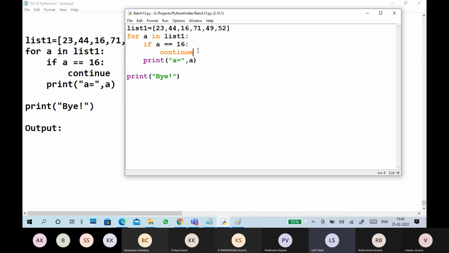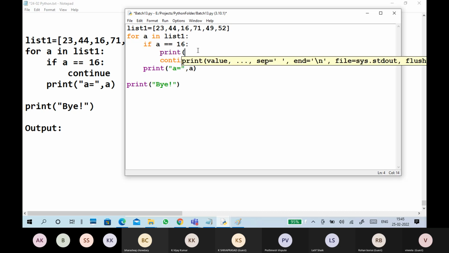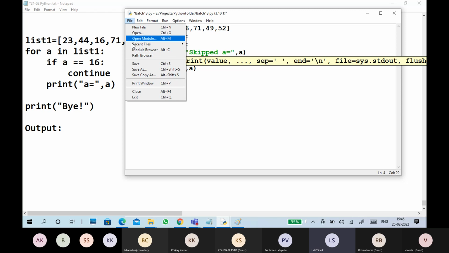Just for a thing like this, we'll try this one.